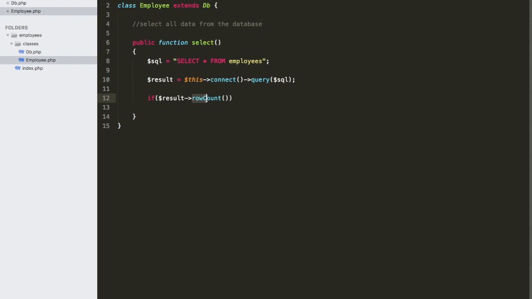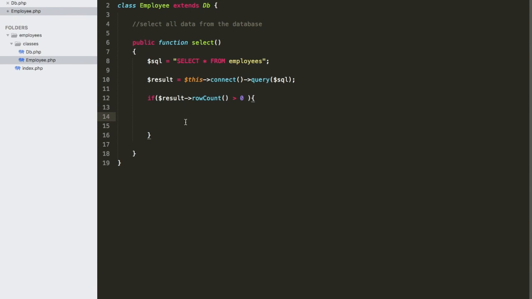This will give me a row count, and if this is more than 0, then so now